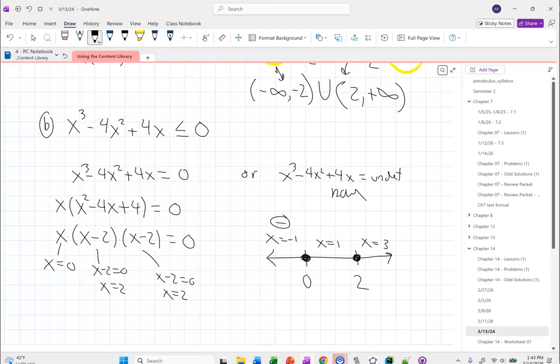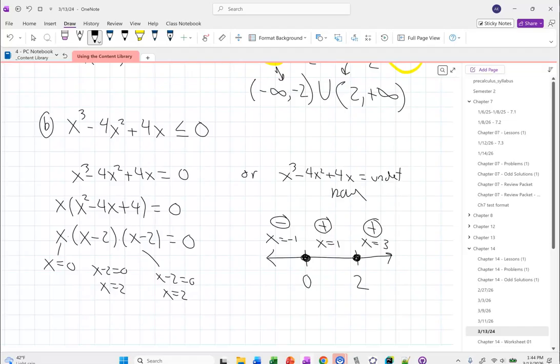Okay. Now let's do it with 1. I plug 1 in here, I get? Plug it in here, I get? Plug it in here, I get? Positive times negative is negative. If it's easier for you, you can plug it in and get the number. I'm going to do this quick. Everybody's okay? If I take 3 and plug it in, I get positive. Is everybody okay with how I've completed my sign diagram?